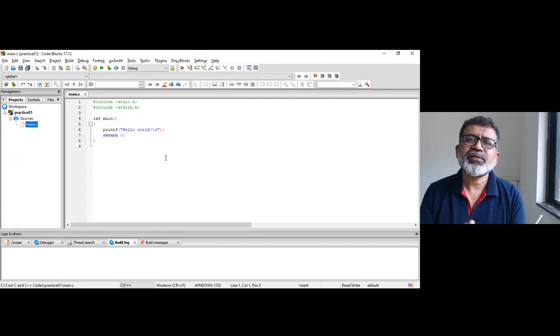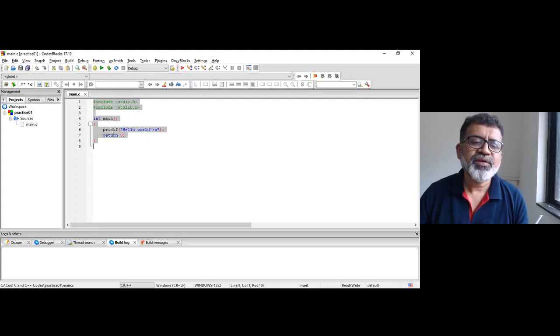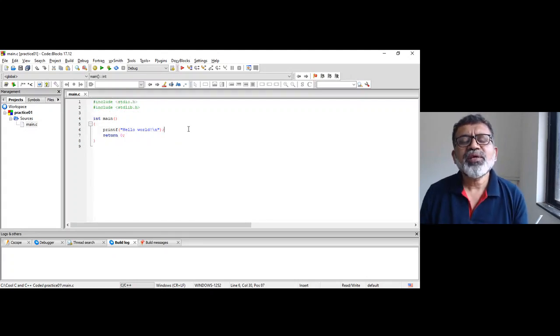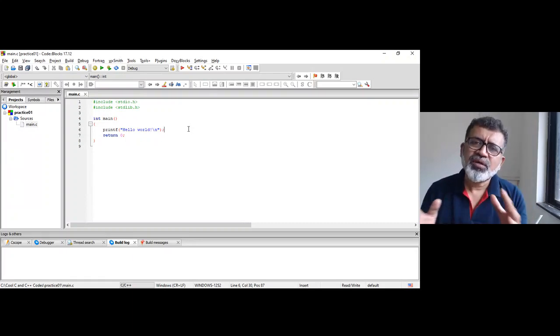Debugger is there, right? Code completion facility is there. This is also called a framework. I hope yesterday I shared along with you one small note on framework. I hope you read that yesterday, right? And that is a self-explanatory note.